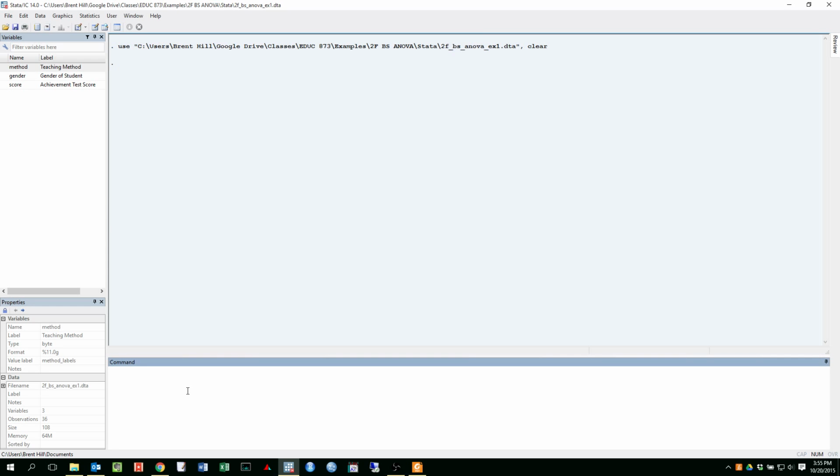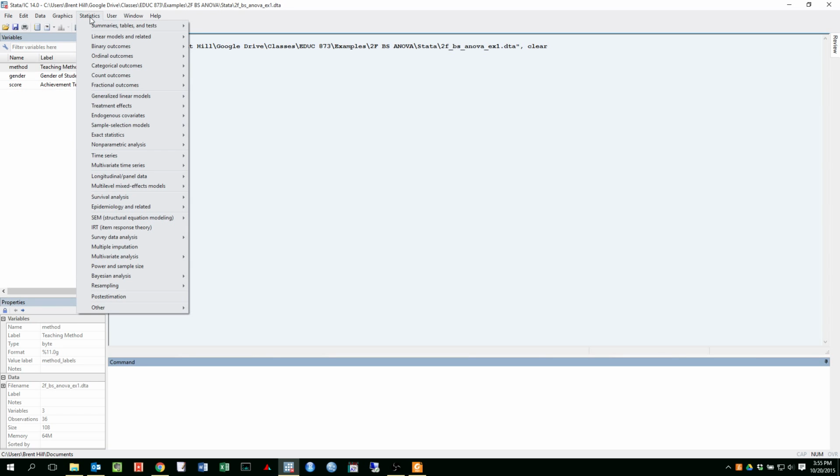And again, this is one of those optional features, but it's always nice to do this in the beginning and take a look at your data, and it's always one of those things you really should report anytime you do a write-up. So what we're going to do is, there's actually a few different ways we can do this, but I'm just going to show you the way I prefer to do it. Go to the Statistics menu,